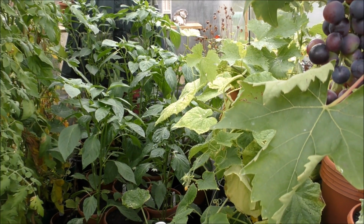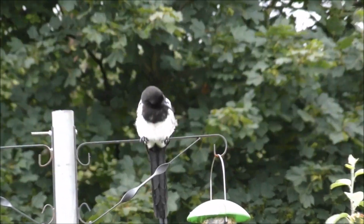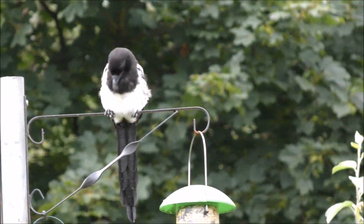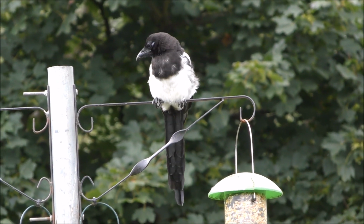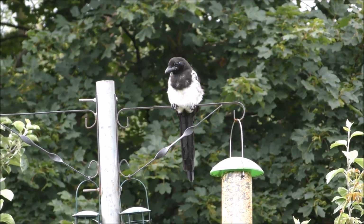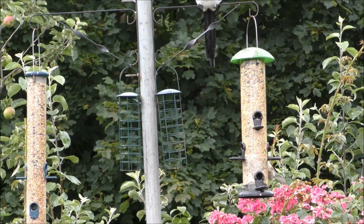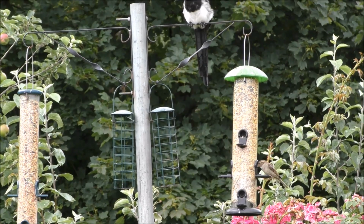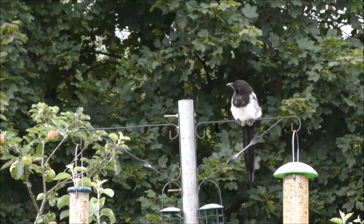So anyway, oh, there's my mate. There he is. The one who I rescued. He's still about. I think it's his second home, this. I think he's just come to tell me that there's no seed balls in that feeder there, them 2 feeders. There's plenty in these feeders. It's the seed balls that he likes. Anyway, back